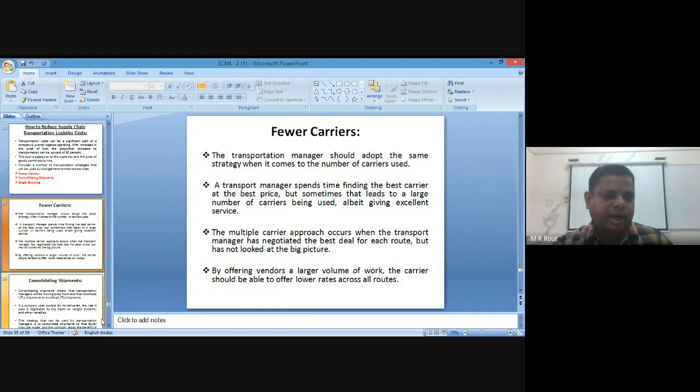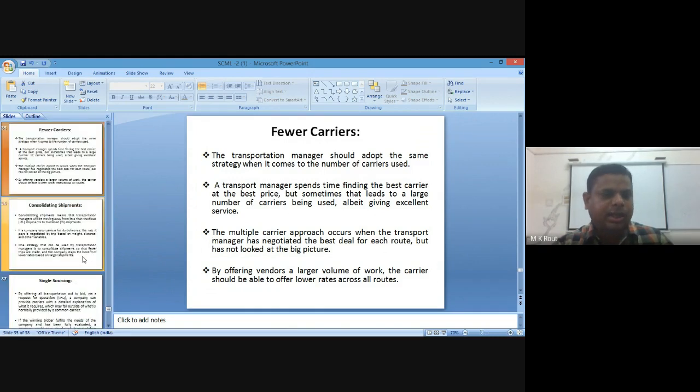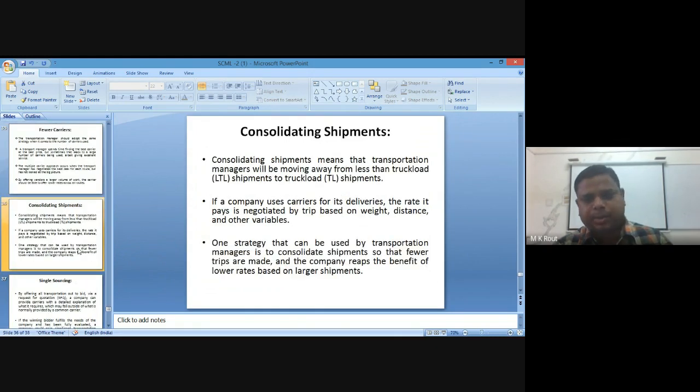Moving to the next part, consolidating shipment. Consolidated shipment means transportation managers will be moving away from less than truckload shipment to truckload shipment. In case of less than truckload shipment, for example, in case of a 10-wheel truck, the maximum capacity of that particular truck is 80 tons. Clear? So whenever you go for consolidated shipping,